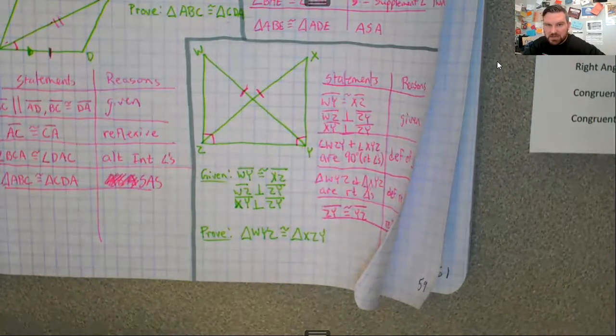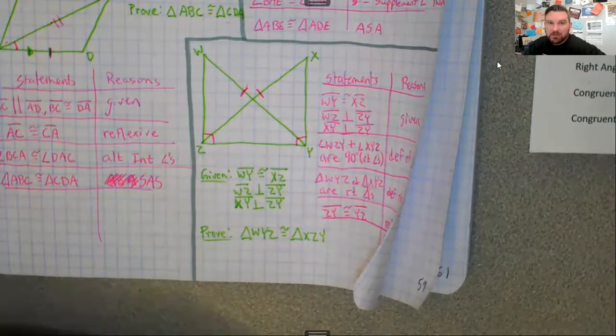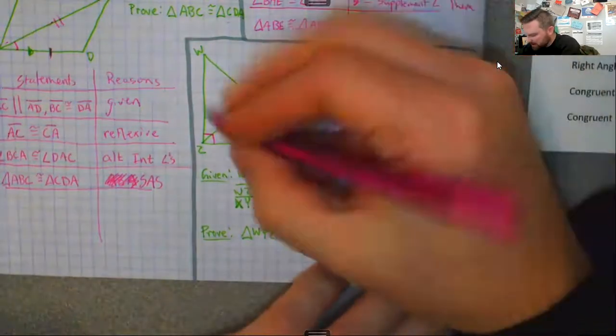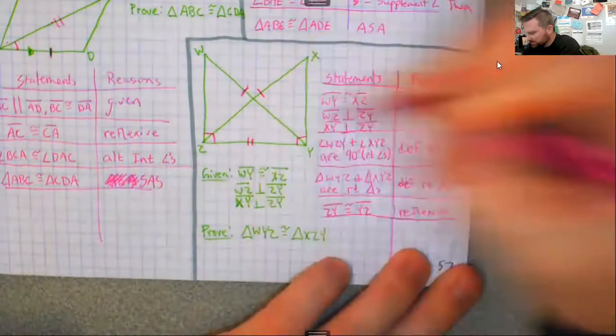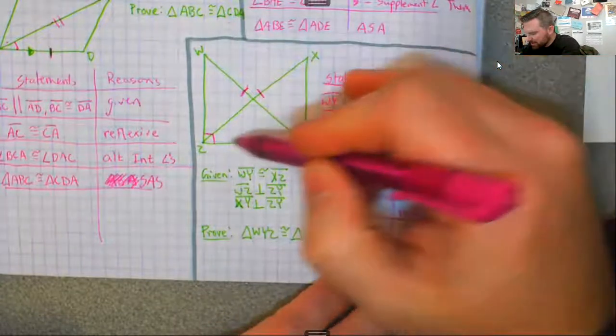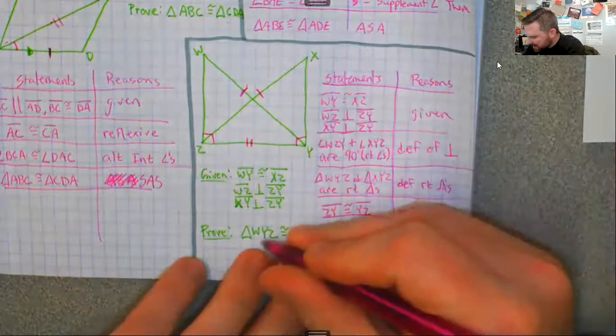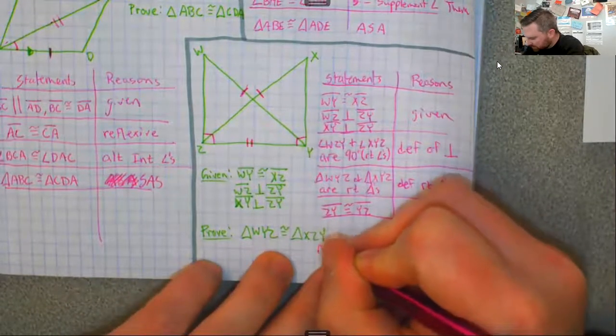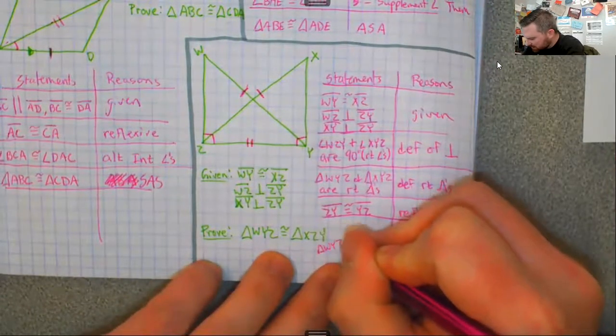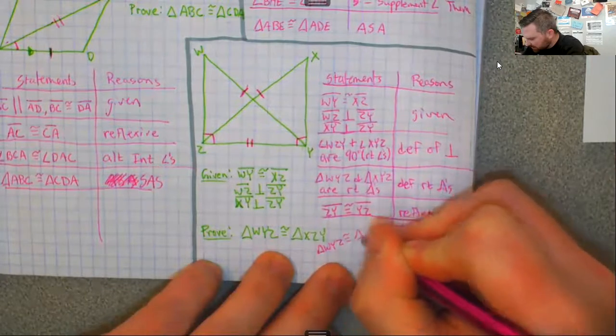If they're just touching at a point, you may be using vertical angles or something like that. Okay, so reflexive. So now I have that this side is congruent to this side. So now I have the leg and the hypotenuse congruent. So now I can say that triangle WYZ is congruent to triangle XZY